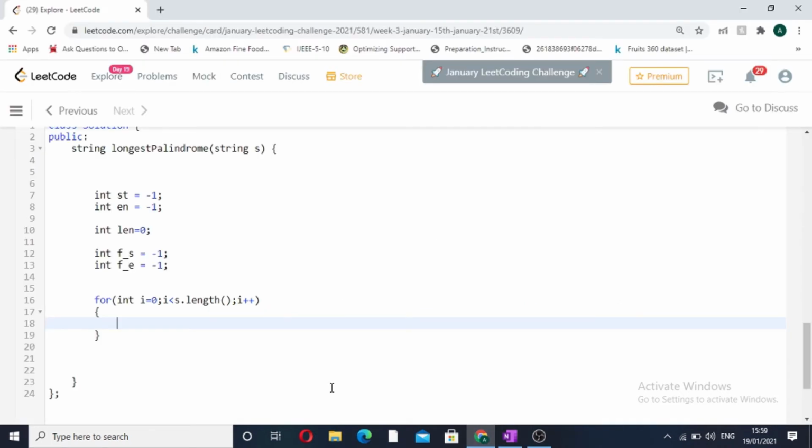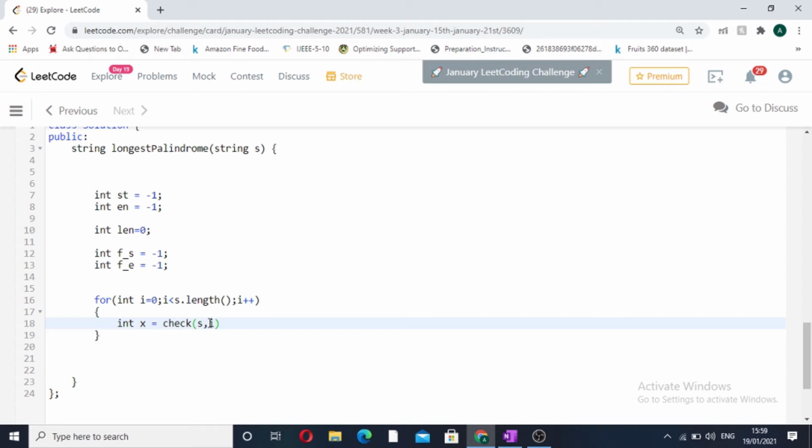So we will call a function check, which will give us the longest palindromic substring of odd length.